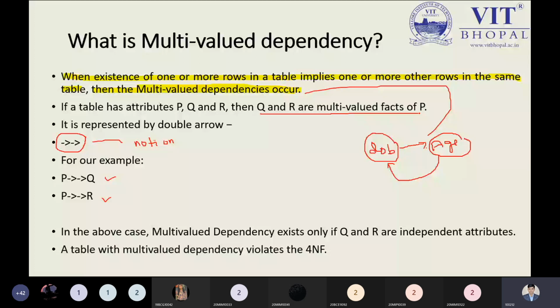So in the above example, multi-valued dependency exists only if Q and R are independent attributes. That is a point you have to keep in mind. I'm highlighting this once again: multi-valued dependency exists only if Q and R are independent attributes. Of course it would be. So other than age, I just need to calculate